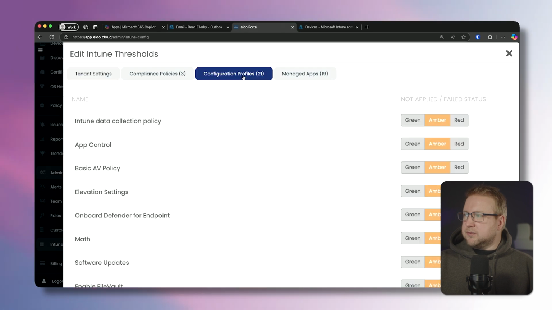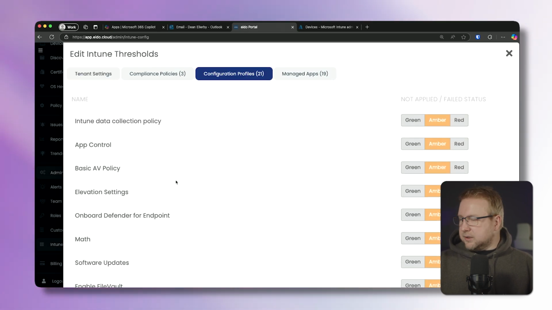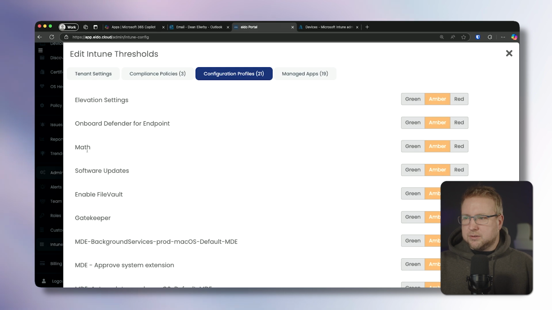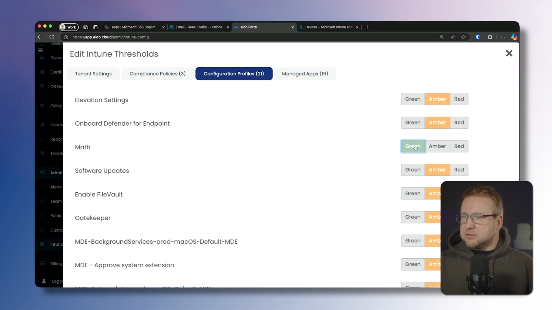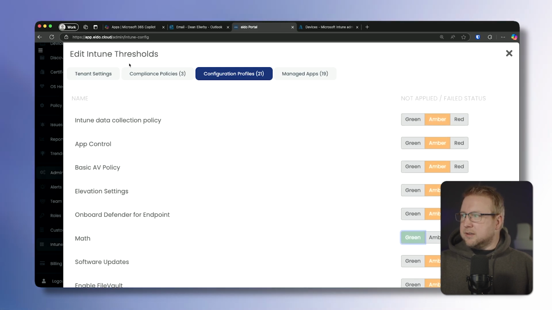let's have a look in configuration profiles. What have we got here? Got it. Okay, so this is showing me every configuration profile that is deployed to my environment. That Mac one, for example, we saw. Now, I don't really mind if Mac doesn't get deployed. I mean, I kind of care, but not enough to get an alert. So for Mac, I might leave that as green,